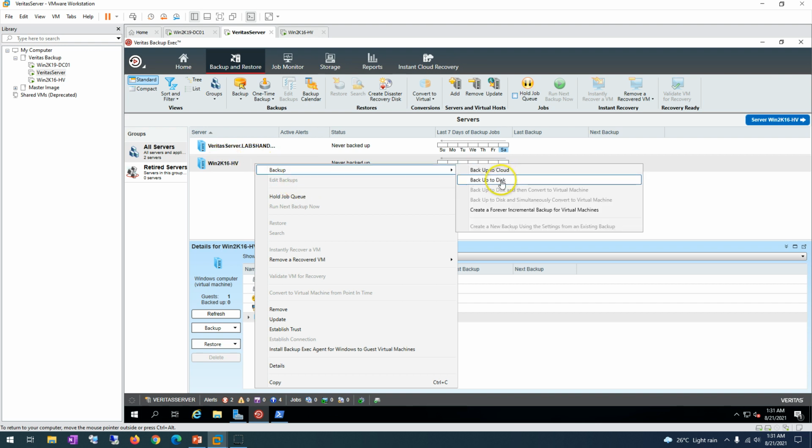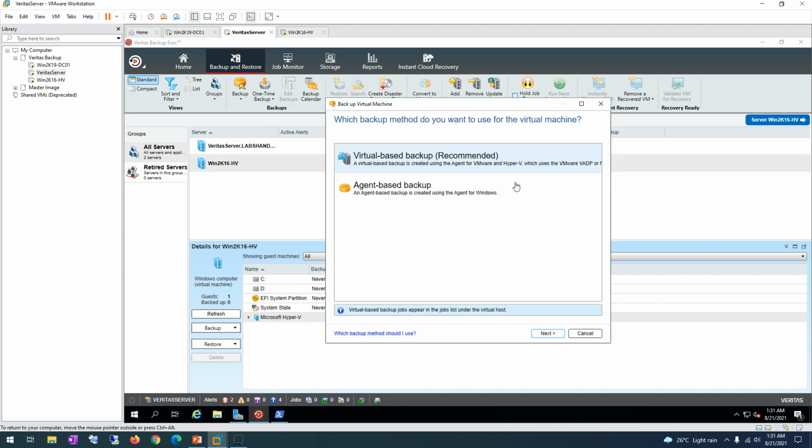since this is a virtual Hyper-V host. So this is good. Go to backup to disk, and then you have a virtual-based backup or agent-based backup. This is the recommended one. A virtual-based backup is creating an agent on Hyper-V. This is basically for virtual machines. So you can go ahead and click next,